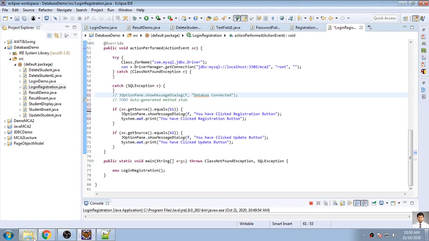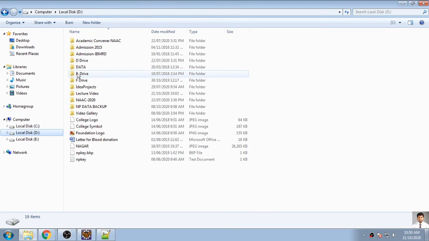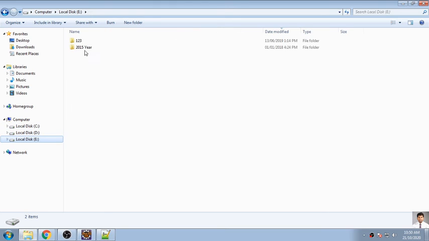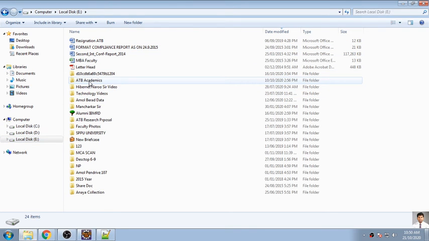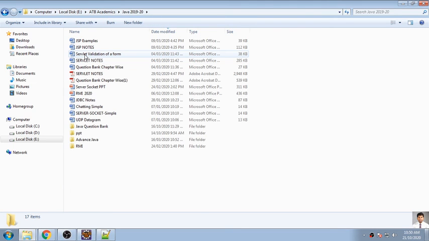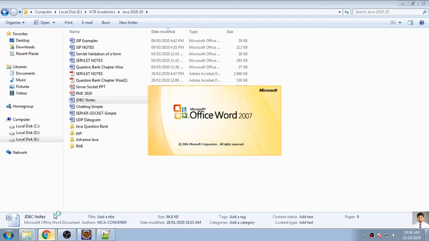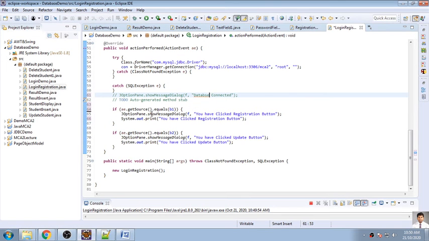I have some code. One second. Search it on Google also, because a lot of code has changed when we moved towards version 1.8.